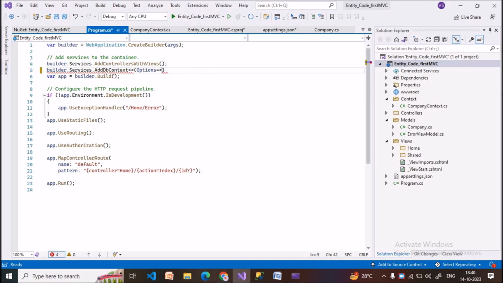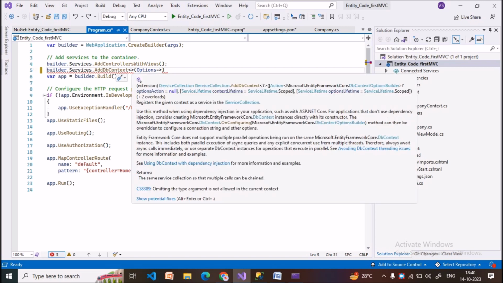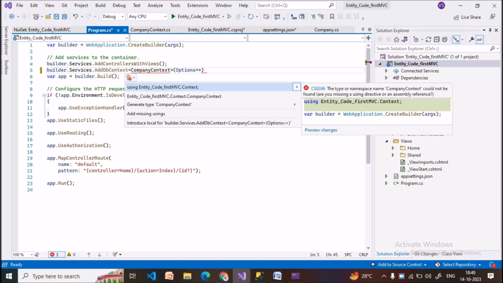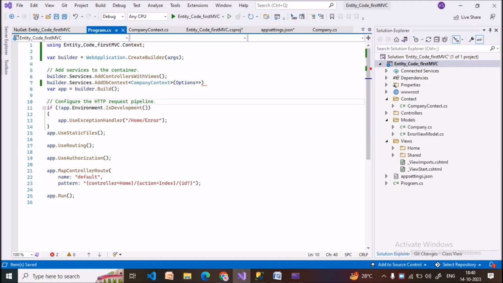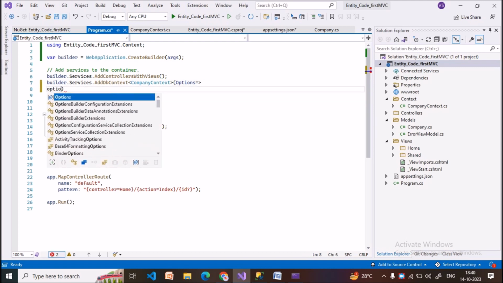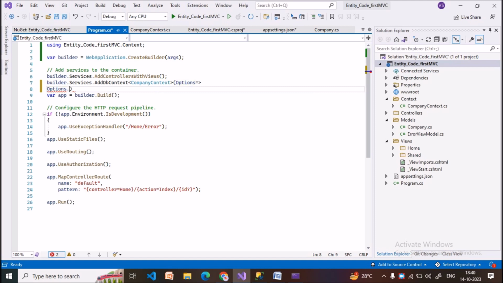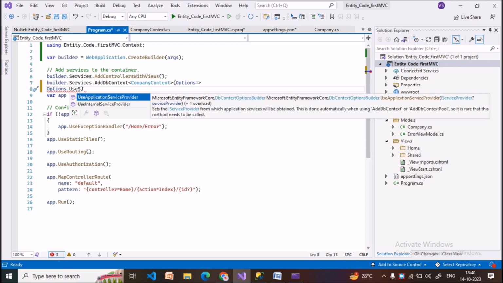Sorry, undo. CompanyContext. Correct? And in these things we have to use Entity Framework like that. Correct? So I hope you understand. So this part is the options, and then we have to use here again options.UseSqlServer, use SQL Server,